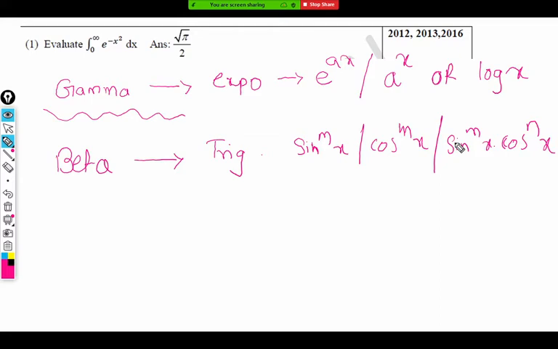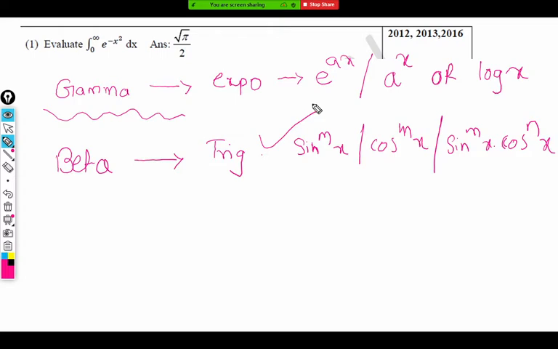Now, what is the difference then? The difference is that the Wallis formula has a restriction. The Wallis formula is only used for integer powers of sine and cosine. You should have sine cube, sine raised to 4, sine raised to 5. So m and n should be greater than 1 for the Wallis formula. But for beta, there is no restriction. This integral you can evaluate for any integer as well as fractional values also. So beta is more general. It is applicable to each and every case.